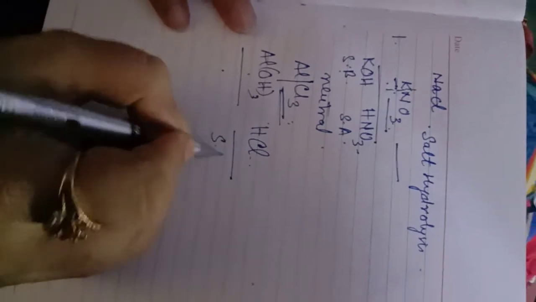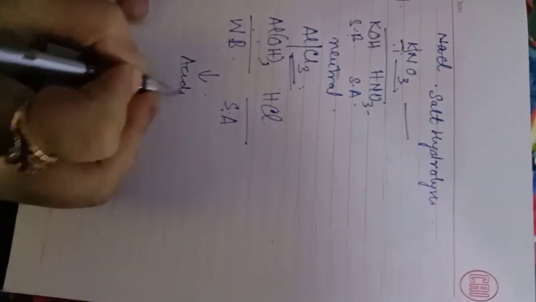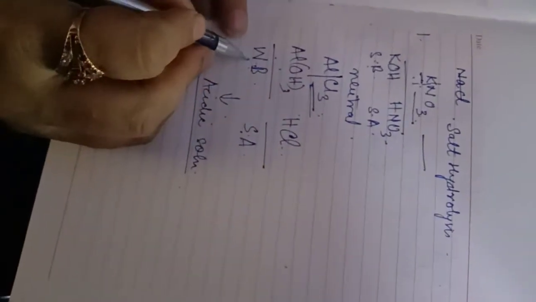Now let's come to the nature of acid and base. If you are going to dissolve it, what will it result into? It will result into aluminium hydroxide and hydrochloric acid. Now hydrochloric acid is a strong acid, whereas aluminium hydroxide is a weak base. Resultant solution will be what? Strong acid, obviously, will neutralize the effect of base, and the resultant solution will be somewhat acidic. So an acidic solution in this case, because it is a weak base, it can be easily neutralized by HCl, right?